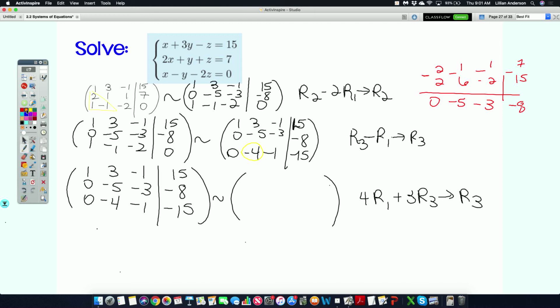So I'm going to multiply the first row by 4, so that's going to turn into a 4, a 12, a negative 4, and then what's 15 times 4? Help me out. 16. Thank you. And then what's 3 times row 3? Well, 3 times 0 is 0. 3 times negative 4 is negative 12. And